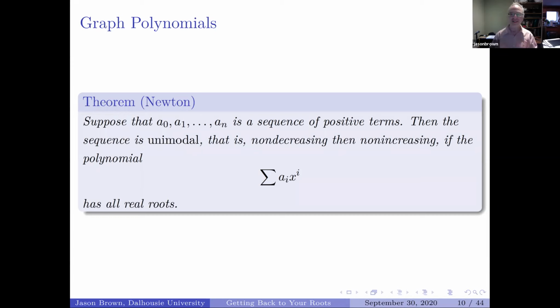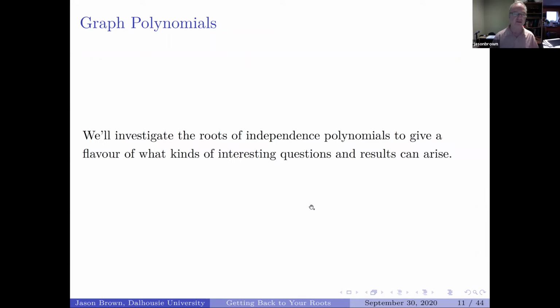real roots. So this is so fascinating that if you're interested simply in the shape of the coefficient sequence of positive terms, you form the generating polynomial and you look for something analytic about it. Where are the locations of the roots? And if the roots turn out to be all real, then you find out that the sequence is unimodal. A beautiful theorem that has had many applications in graph theory and combinatorics. We'll come back to that in a little while.